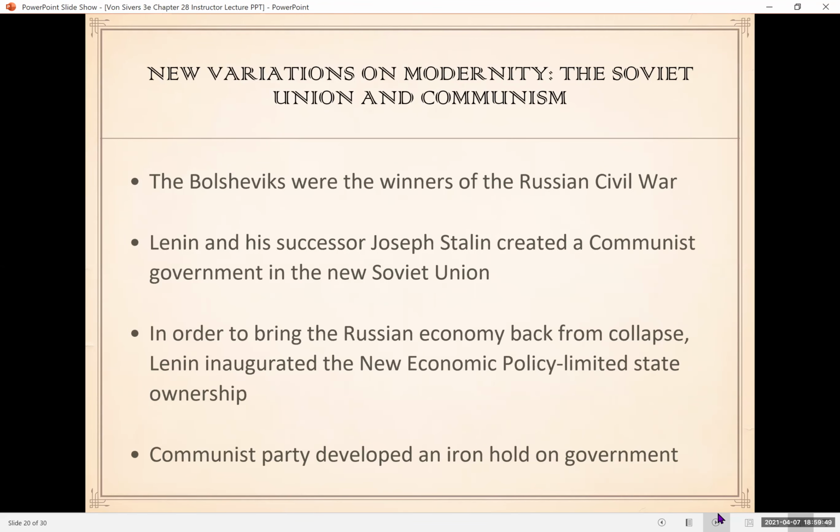So now we have to go into what happened in Russia. Russia, at the start of World War I, was an empire. It was led by a Tsar, Tsar Alexander II. But it had very little in the way of industry, and it was considered not a strong country in Europe,